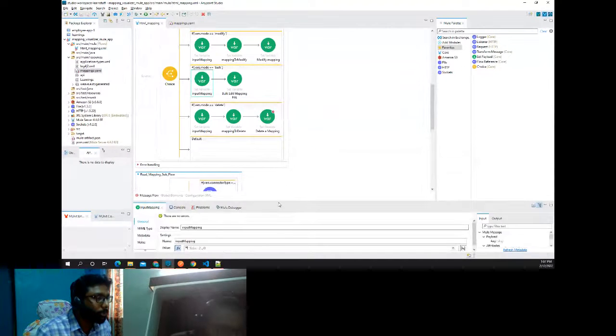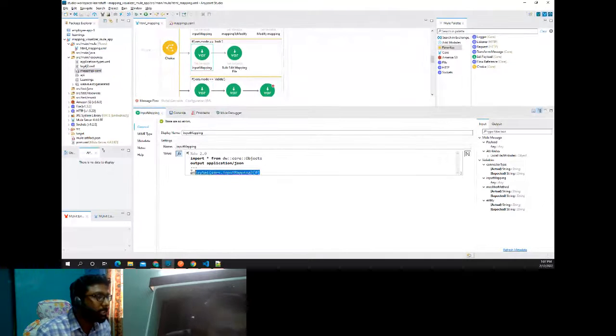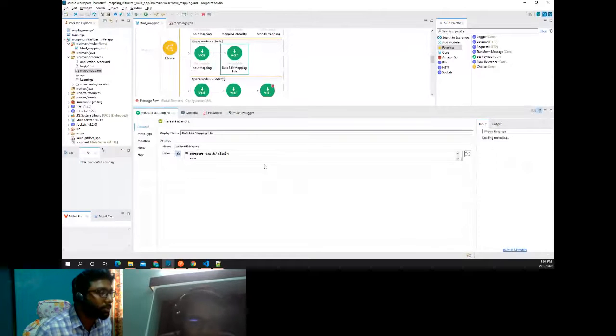In bulk mode, from input mapping we are getting the payload. With the entry set function we can parse the payload and get what is the key, what is the value. After that, in bulk edit mapping file, in this connector we are replacing